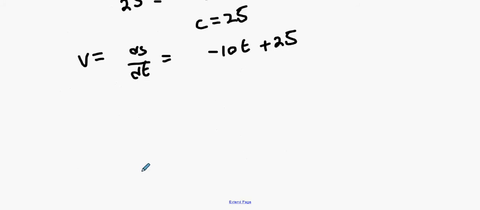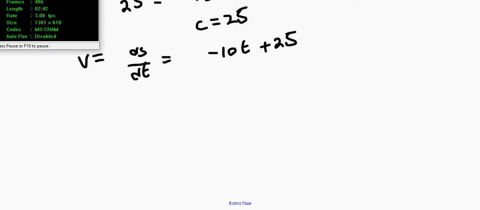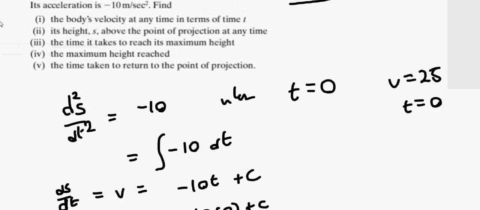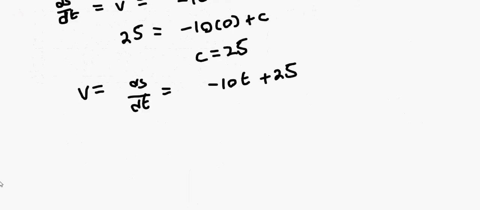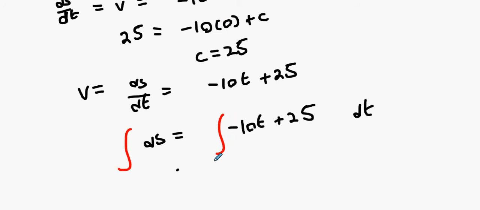Next thing, lads, is... one sec. Alright, lads. If I reread the original question, I found out the body's velocity at any time. Now I'm looking for the height. So the height means integrate one more time, doesn't it? So I'm going to get ds equals minus 10t plus 25 dt. Integrate both sides. The integral of ds, anybody? S. Just s, and that will equal